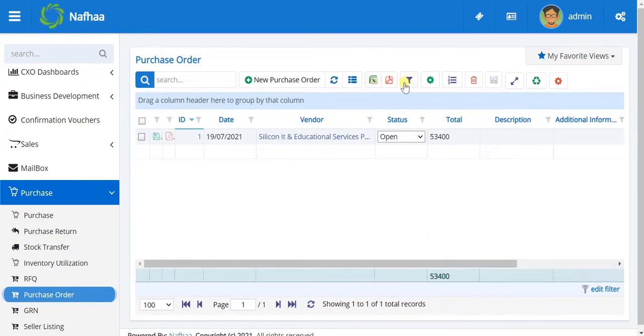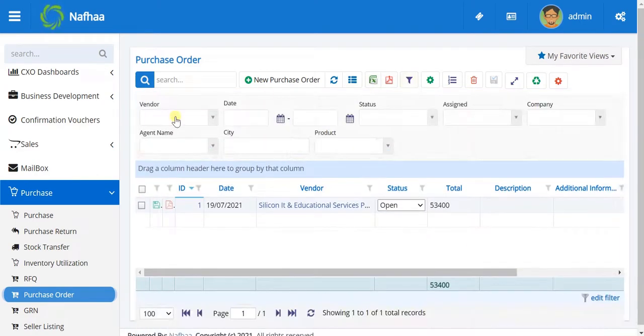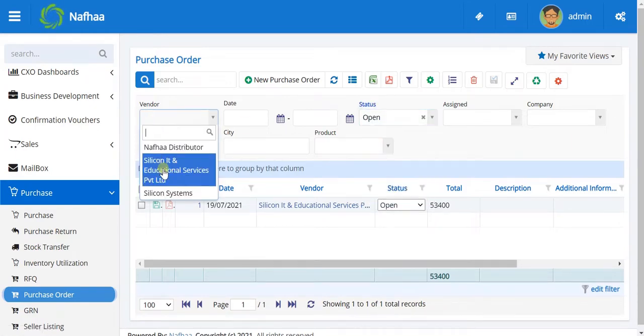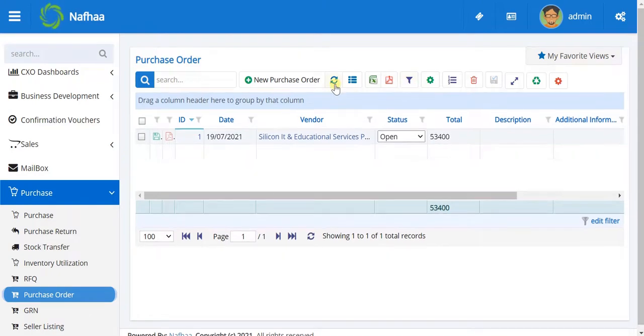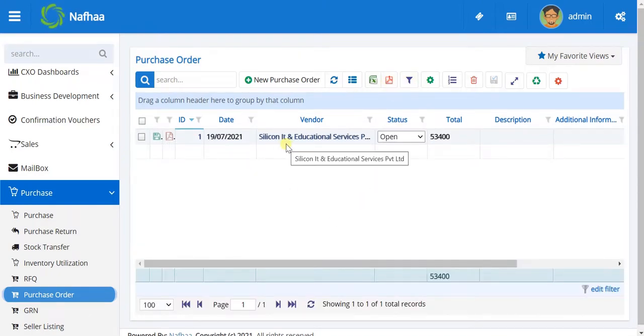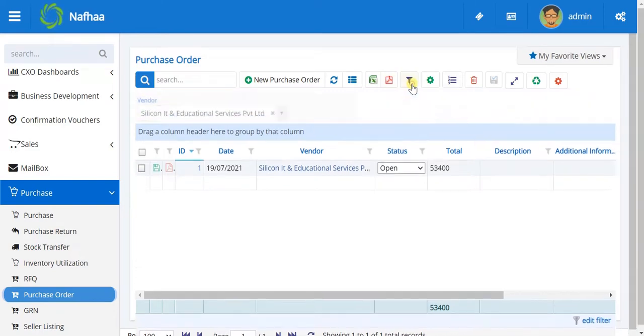And you can even apply filters. If you want to see a specific vendor's purchase orders with a specific date range, you can apply multiple filters over here. We call them quick filters. Like if you want to see only open purchase orders for this vendor for this date range. Multiple filters can be applied, and whatever filters you applied and columns you have chosen, you can export all this data as a report in Excel and PDF also. So this is what we call a quick filter.